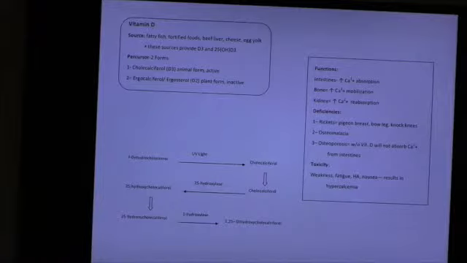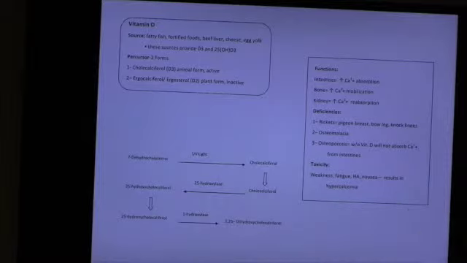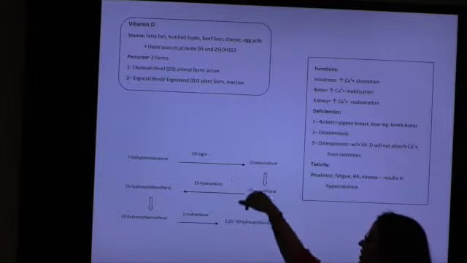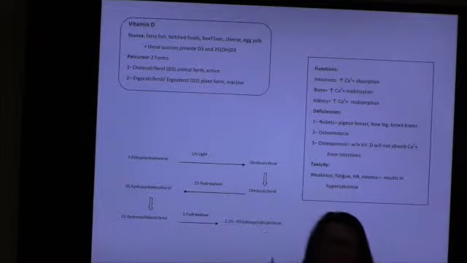So what do you need to have vitamin D? What have you all learned? What do you need to do if you want to have good vitamin D levels? You go outside, right? And this is why. When you're exposed to UV light, it starts the process of turning cholecalciferol into 1,25-dihydroxycholecalciferol. This is your active form, okay? So we're going to convert cholecalciferol. The UV light activates this enzyme to start this process, okay?